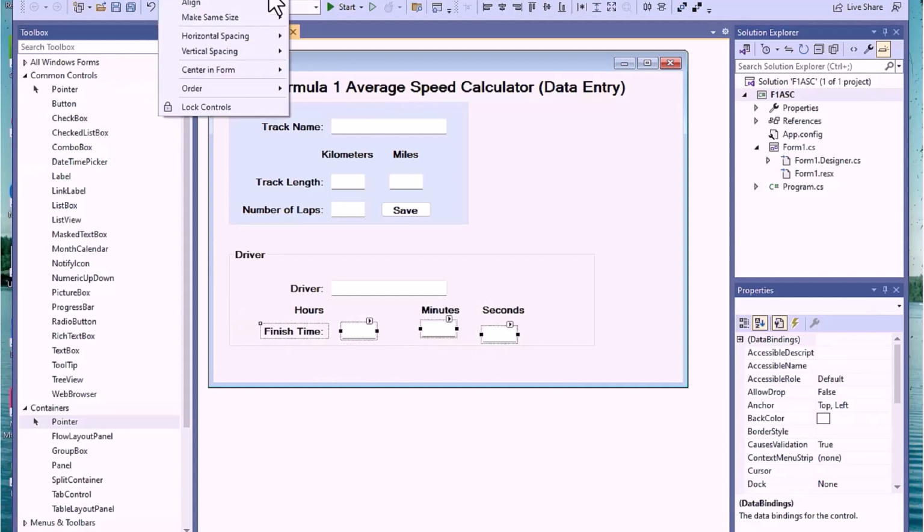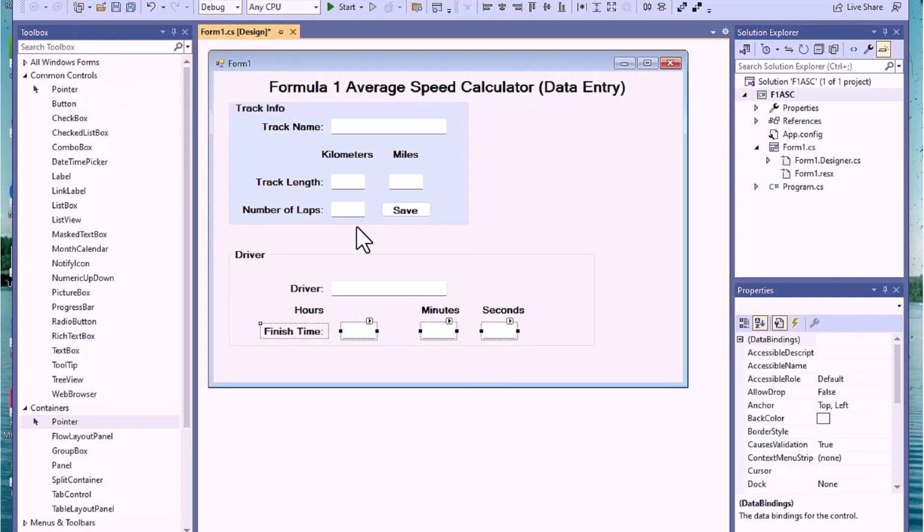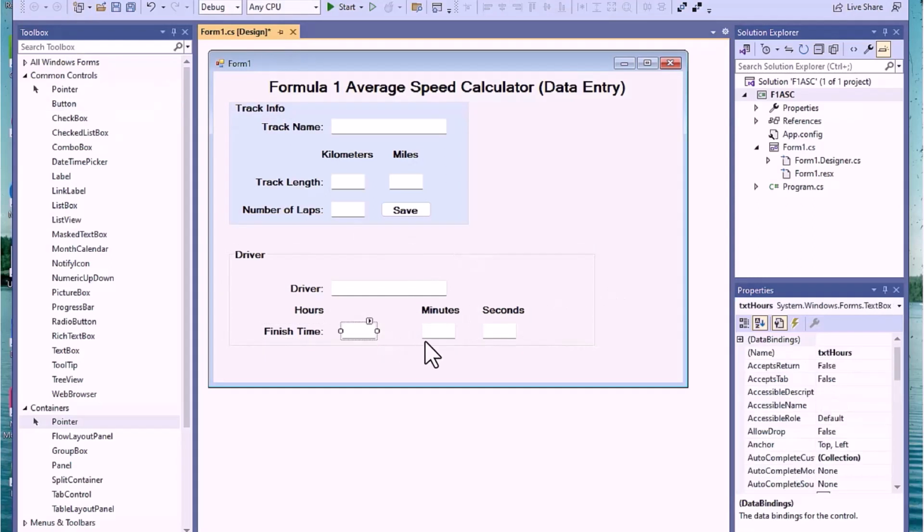And format, align their middles. And they're in good shape now. Now we just have to get them together. So I'm going to take these three